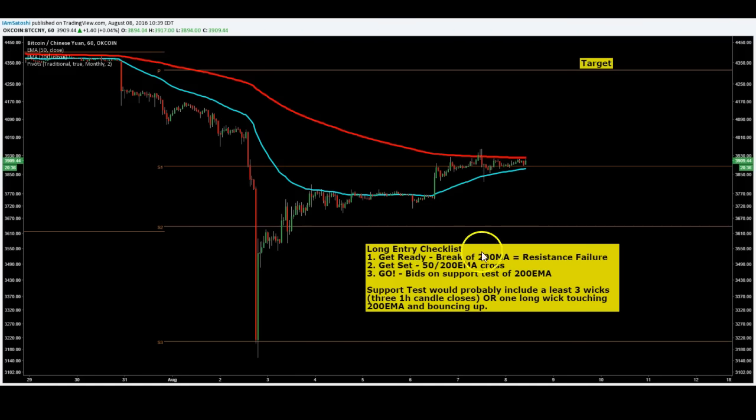So get ready would be, like I said, resistance failure. Get set would be the cross, and the go would be a support test on the 200. Now we may not see the support test. We may not see the cross quick enough, depending on, this is a market event. It's kind of like NFP or settlement or stuff like that. Whether or not you'll get six hourly candles just chilling, I doubt it. It'll probably be rather quick, and it'll go for a little while, and then it'll be a violent drop again,